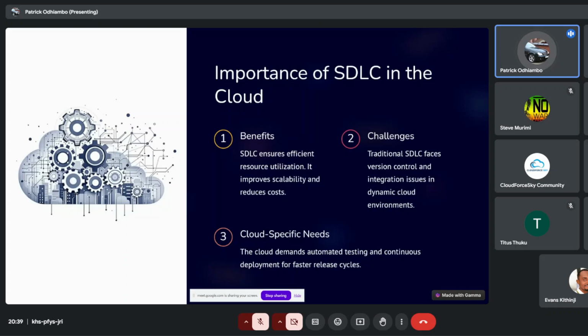and even the delivery phases of the SDLC. So you look at it this way and you ask yourself, what is the importance of automation? Three things. Number one, automation makes work a bit easy because, how do I put it? It makes work easy in that you've already, for instance, written your scripts, or you are using tools that are supposed to do the testing for you. Once the testing is done and you have gotten your results, you are now able to see it move straight into deployment,